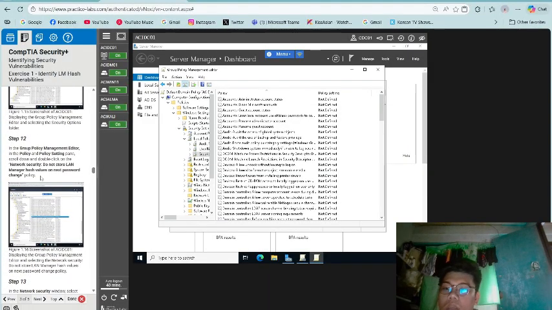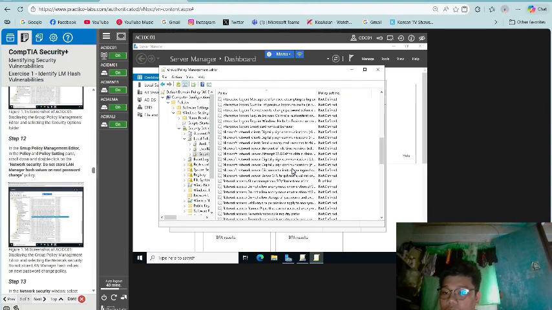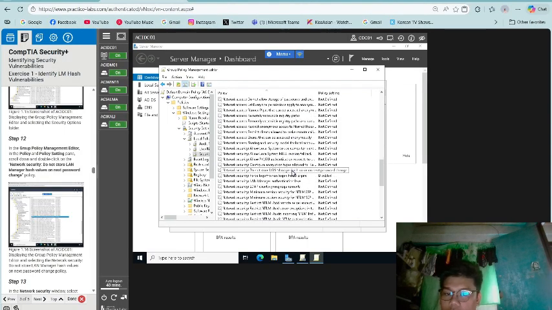In the group policy management editor, select the security options folder. In step 12, in the policy setting pane, scroll down and double click the network security setting: Do not store LAN Manager hash value on next password change.